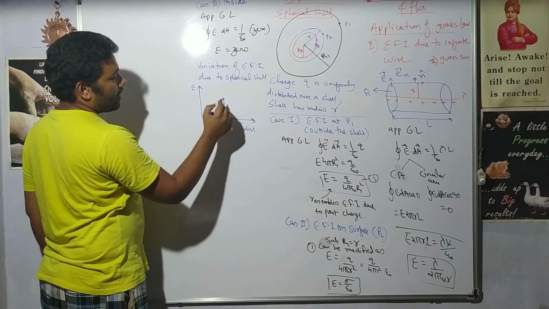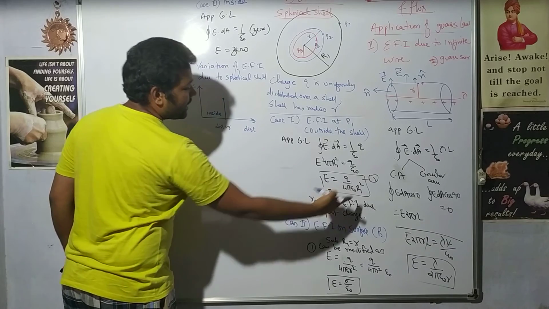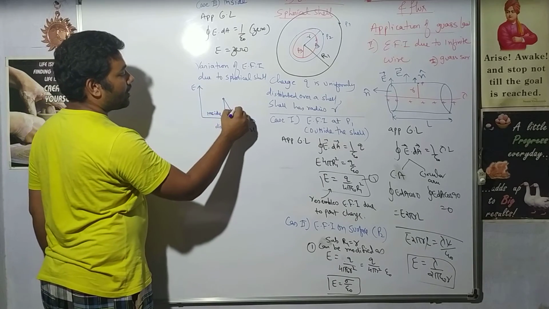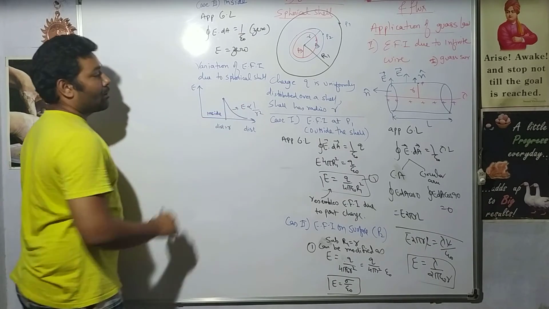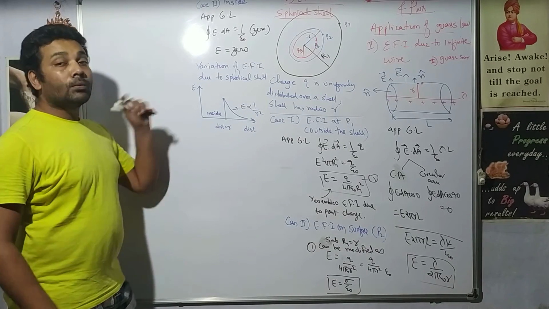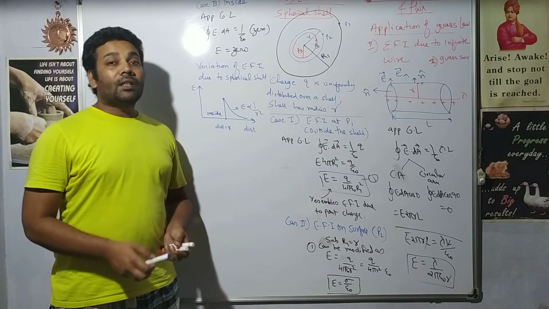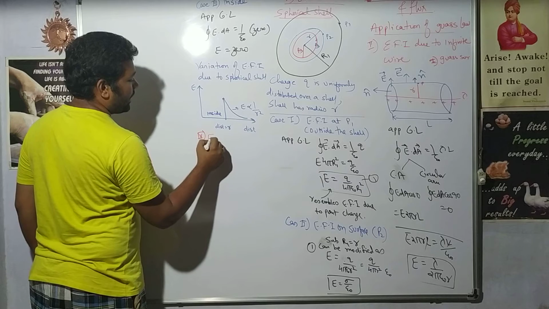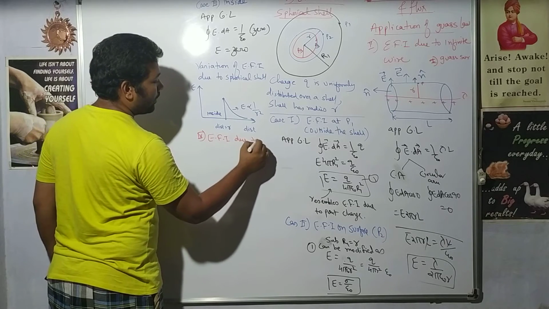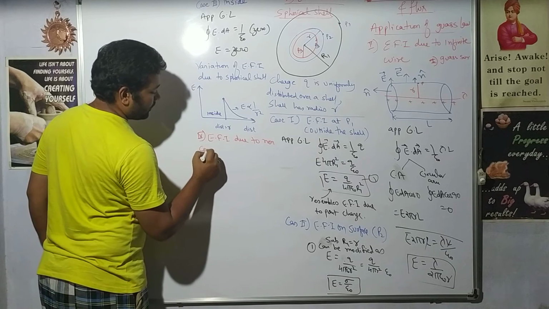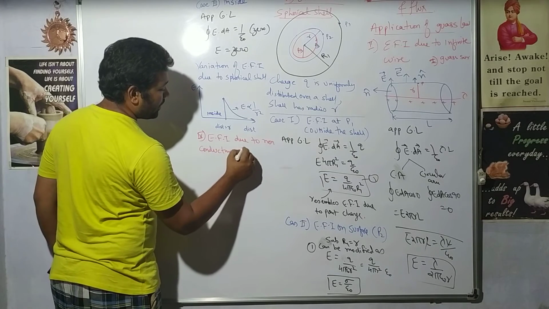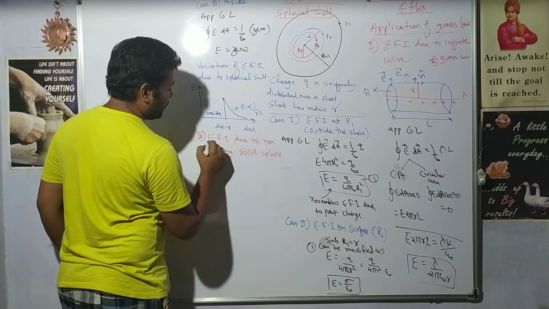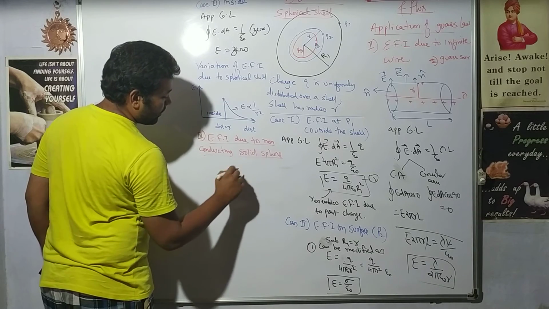So we have proved that here. And outside, electric field intensity varies as the square of the distance. Since it varies inversely with the square of the distance, the graph will be a curve, proportional to 1 upon r square. This is the variation of electric field intensity due to a spherical shell. This diagram is asked for 1 mark in the exam. Now let us move on to our new topic, that is electric field intensity due to a non-conducting solid sphere, right? So I have been given a solid sphere.